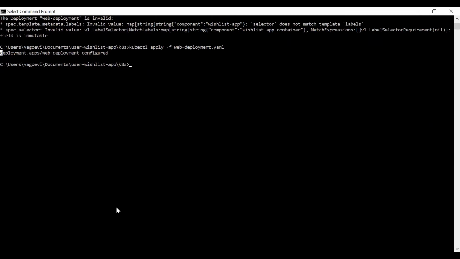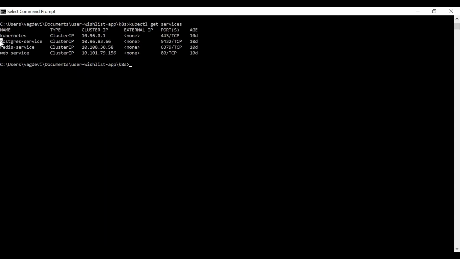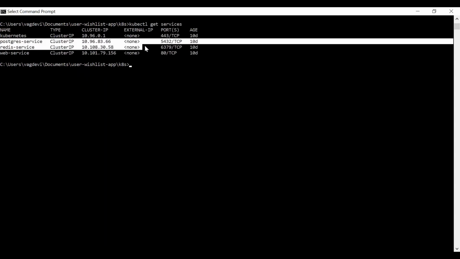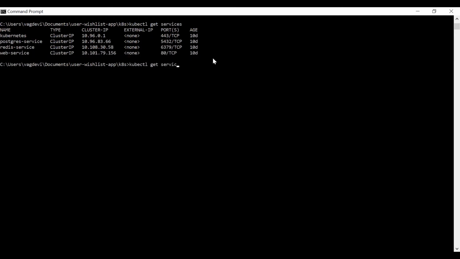Okay, all right. So let us see all the kubectl resources. Get services. So these three services are defined, right? Postgres service, Redis service, and web service. Let us see the deployments. Get deployments.